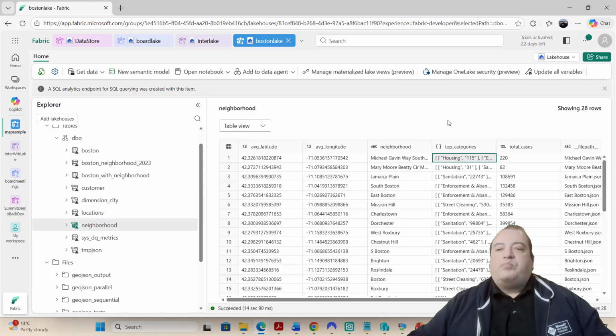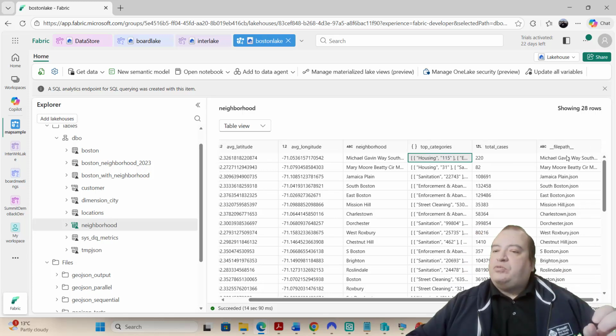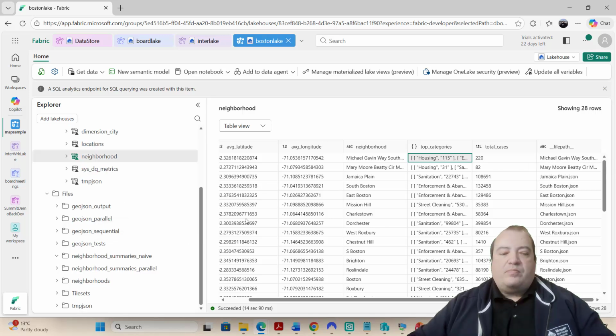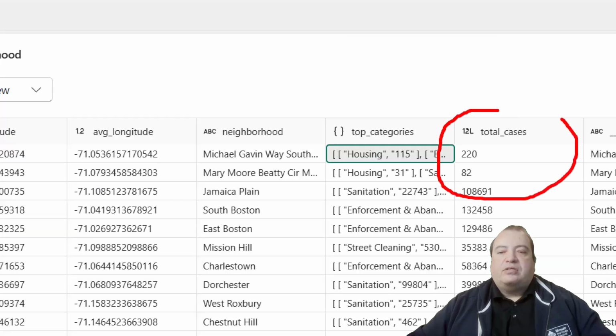One important concept that we need to understand is that these solutions, the shortcut transformation solutions, keep a link to the source. It brought a field called file path to tell me where this came from. It's telling me what file generated this record,